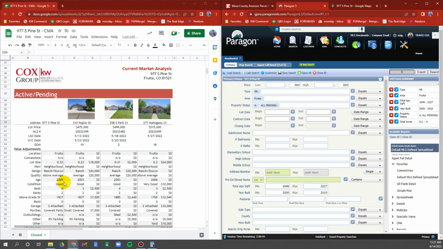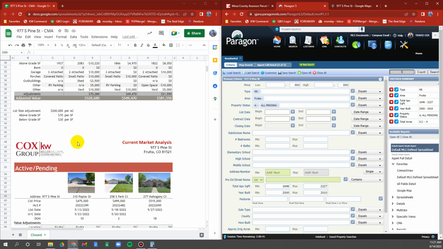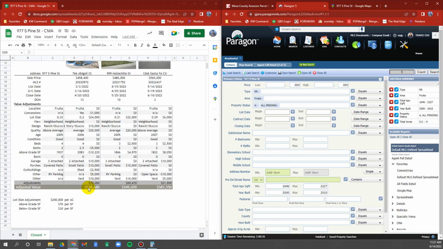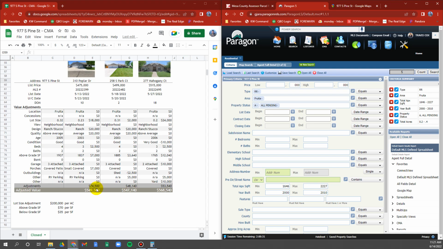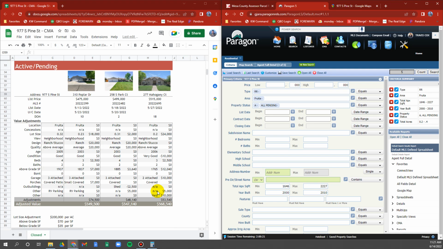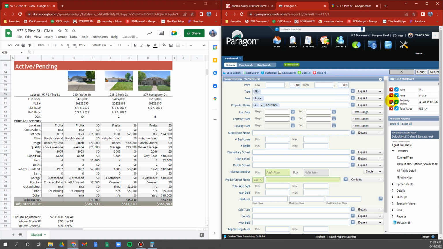Okay, now, so here's where we are. We have done adjustments on these closed properties. They tell us that we're in the 530 to 580 range. We've done adjustments on the actives that tell us we're in the 550 to 570 range. That's a much tighter range. Also, this is today's market, not yesterday's market. That tells me that we are probably looking in the mid to high